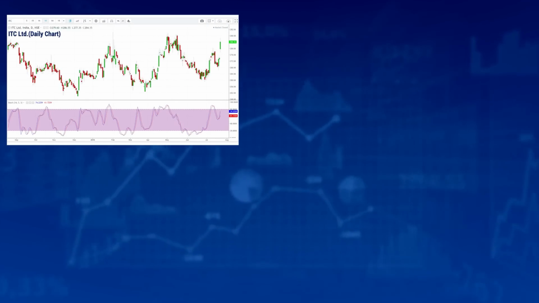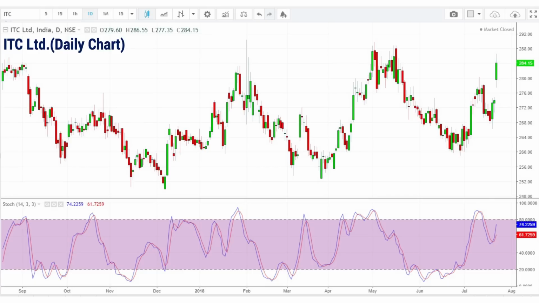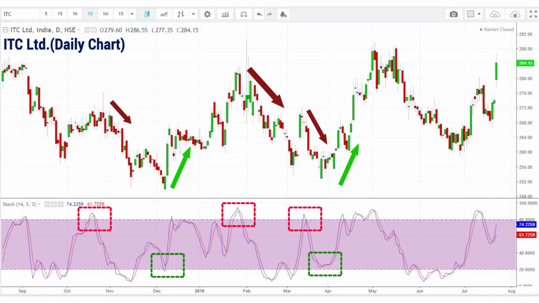In the case of a range bound market, stochastic often gives pretty good reversal trades at the edge of the range. If we see prices near one of the boundaries of the range and the stochastic turning around or having relevant crossovers, we can take reversal trades at that point of time. These are some small details about the stochastic.